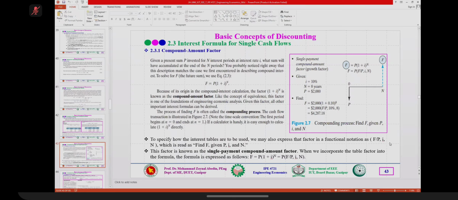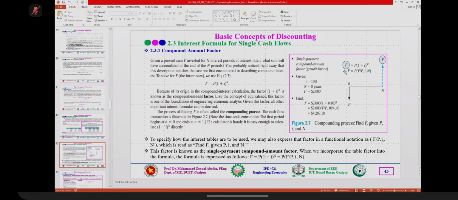Okay. If you want to find the F value, it is the compounding process. Sometimes we have to find out the P value, the P process. So here one new term has come. You can see F value equal to P, very important, P bracket. Okay. Bracket. Now,